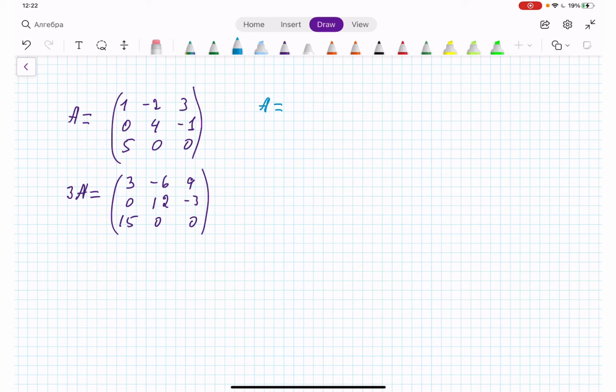A is equal to 1/4, 2/3, 3/7, -1/2, 0, and 3/4. And we need to get alpha times matrix A, where alpha is equal to 1/8. So we have